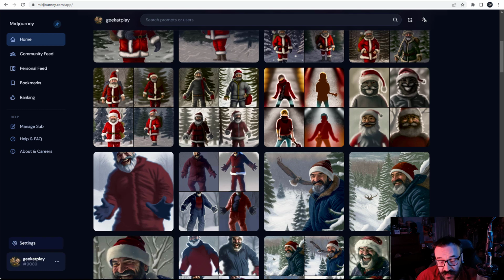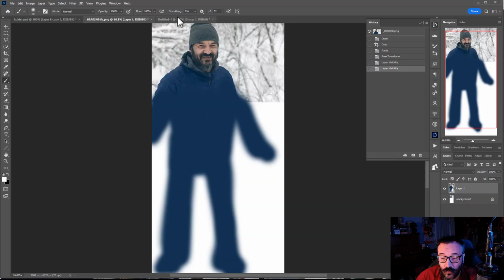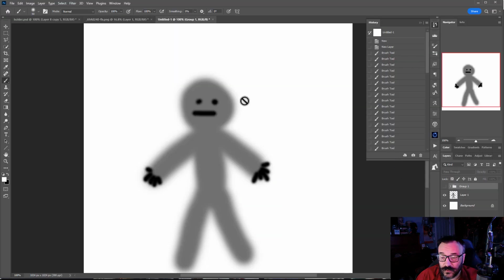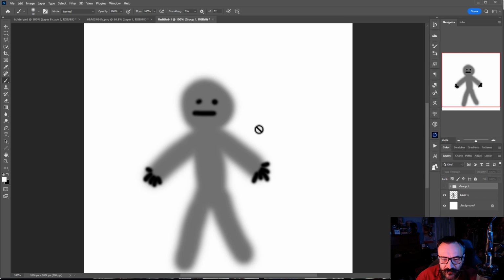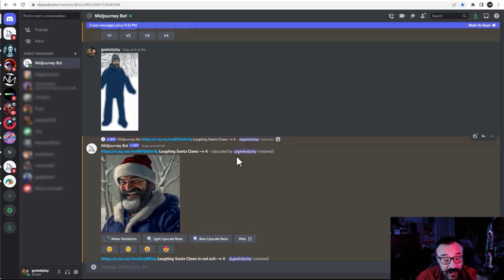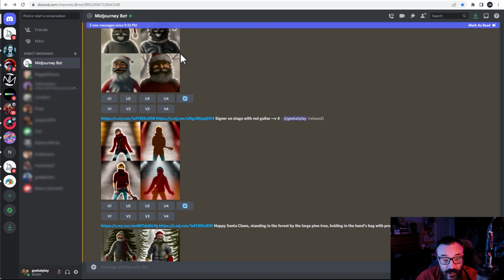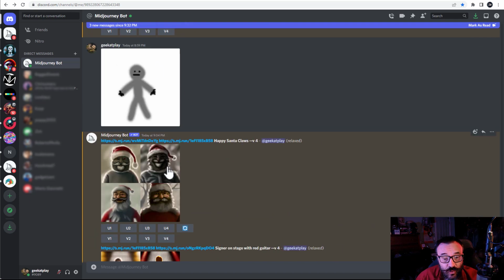But here's the next step. You can do a little bit more. You can go and create your stick figures. That will be good enough, but you cannot totally control the outlines. It's a little bit harder. Let me show you what I mean by this. Let's go down below, and you can see when you start using the figurines, you may have a problem. It does not guarantee you full body. It will make it easy and most likely to create full body, but you will start to have a problem